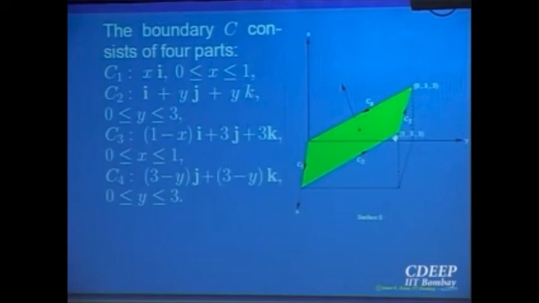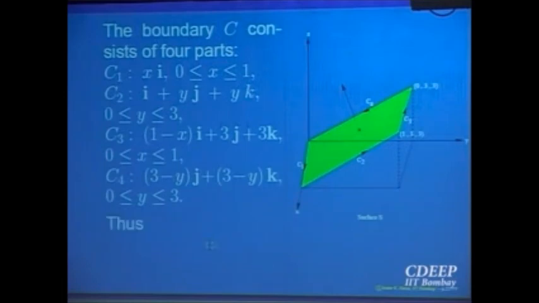So keep that in mind. Like it happened in Green's theorem also, right? When going along the part of the boundary, we go the opposite way somewhere. So appropriately, for C4, that's why I have written 3 minus y, because y starts at 3 and goes the opposite way, starting at 0. It is not written as y j plus y k, right? It is 3 minus y because y starts at 3 and goes the opposite way. So it's already written in that way. Or it will be the negative of that orientation going the forward one, whichever way you like.